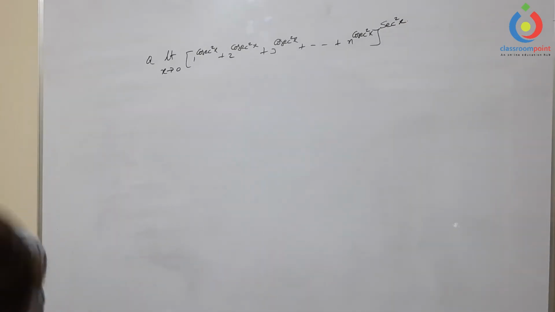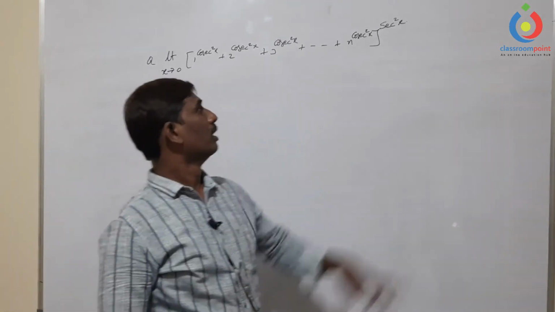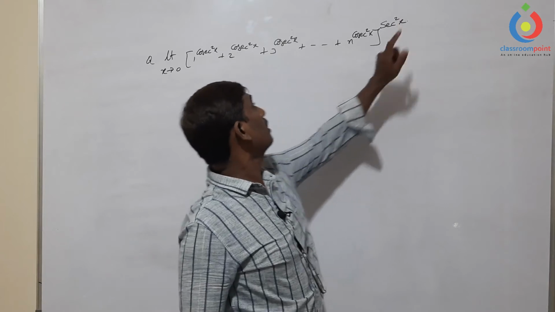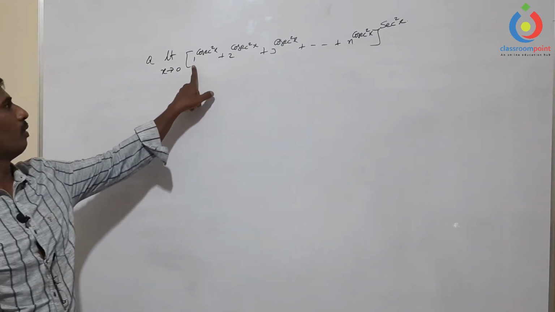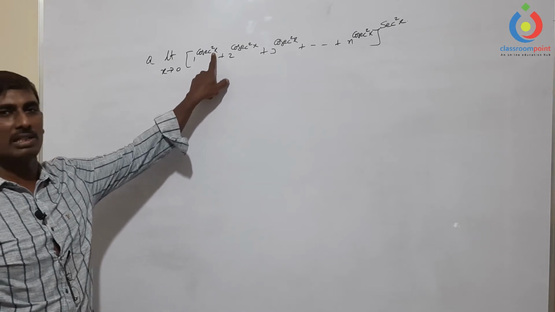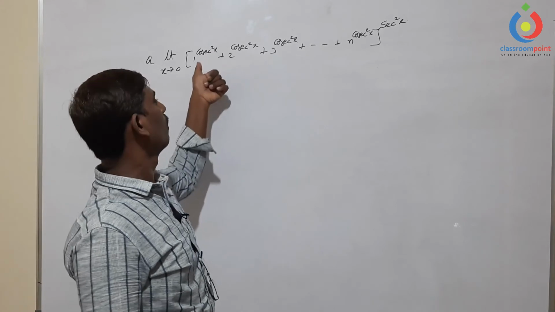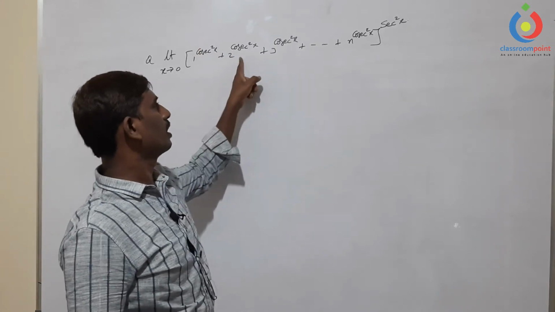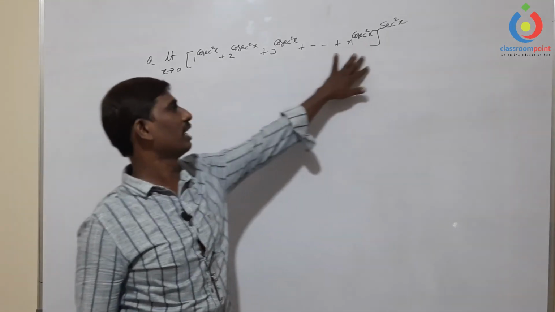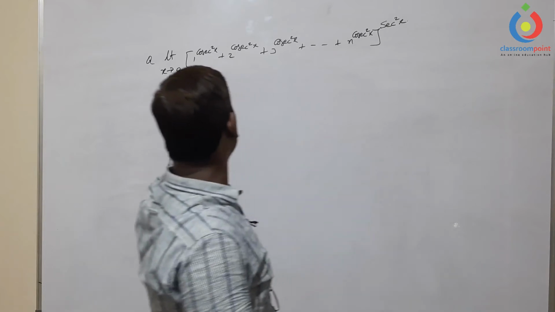What is the answer? First of all, check whether it is infinite power 0 or not. It is x tends to 0: sin 0 is 0, so cosecant 0 is infinite. 1 power infinite is exactly 1, the others are infinite, total infinite. Infinite plus 1 is infinite only. Infinite power secant 0.